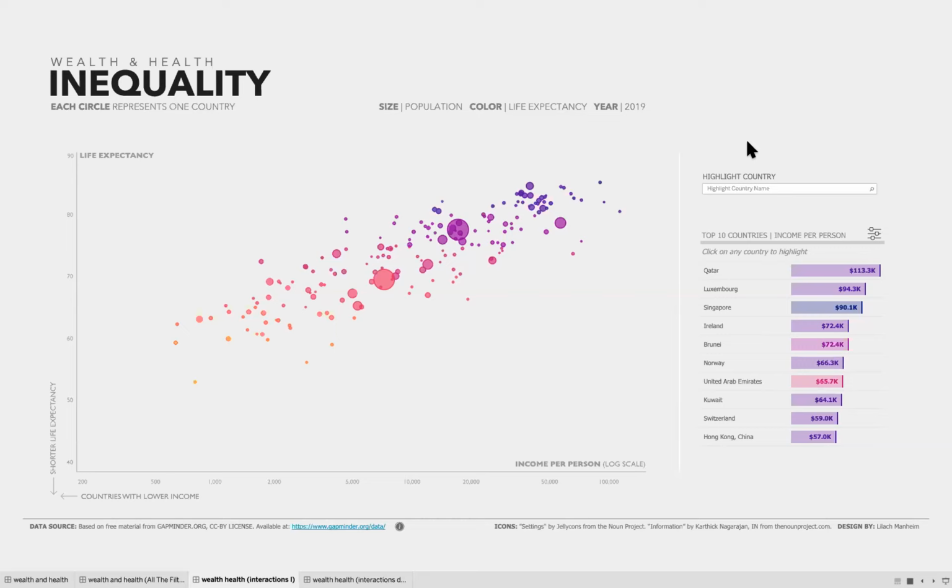So now our goal is to iterate based on how we can better support that purpose that we defined earlier. So if you remember, that was basically two things. It was enabling users to first find a specific country, and then being able to compare that selected country to other countries. So this is what I came up with.